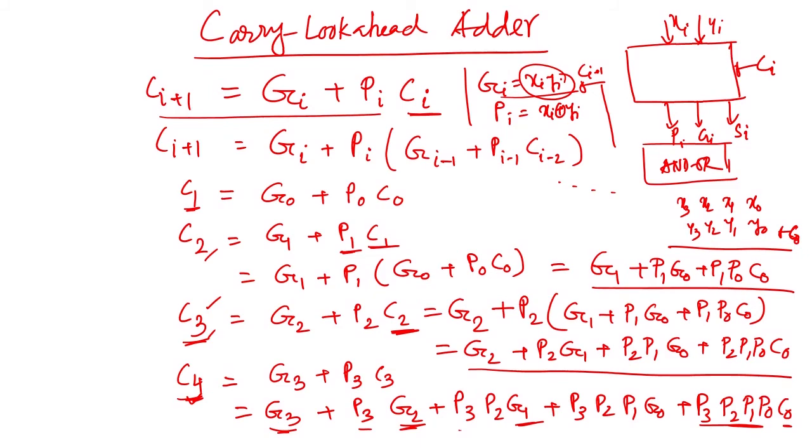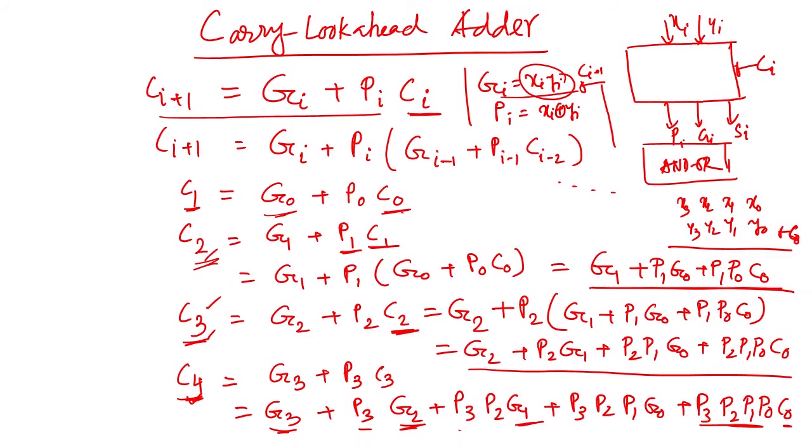So, you have to remember this part. Okay. So, if you see carefully, C1 is G0, P0, C0, it is in terms of C0. So, it is not in terms of any other value. Similarly, C2 is coming here, okay. It is also in terms of C0 and G0 and other values, you got those values. G0, P0 will be generated after 1 gate delay.